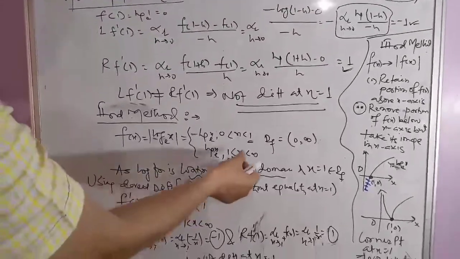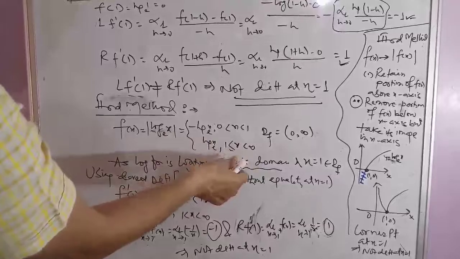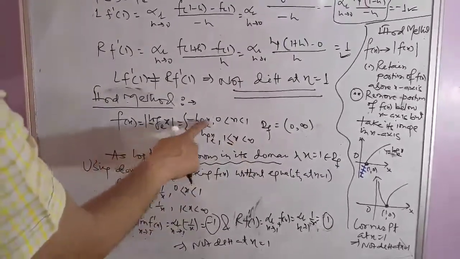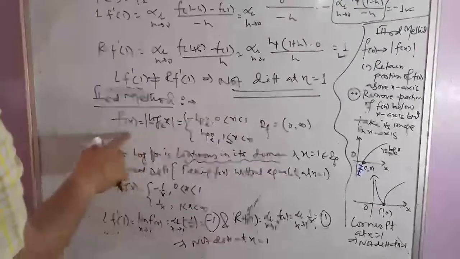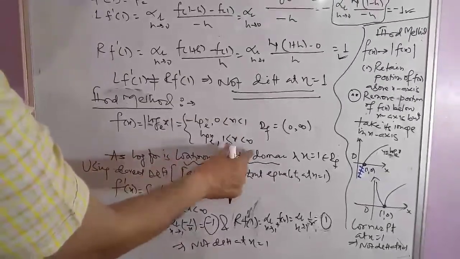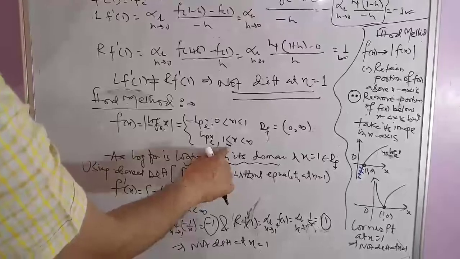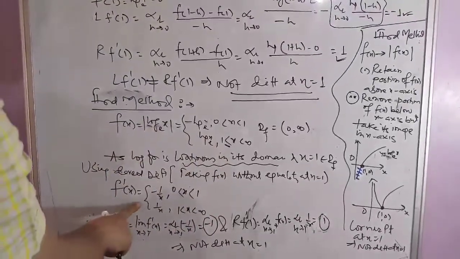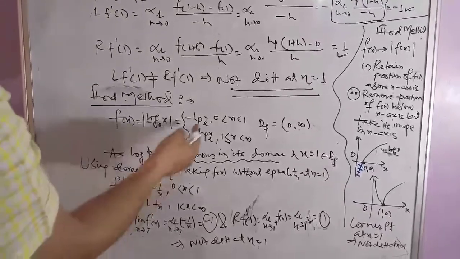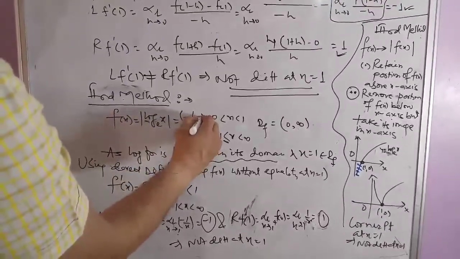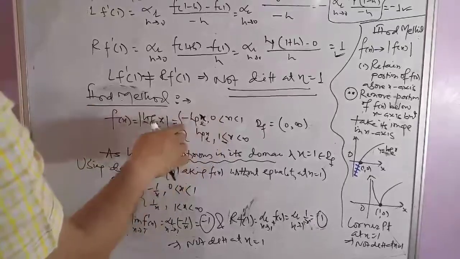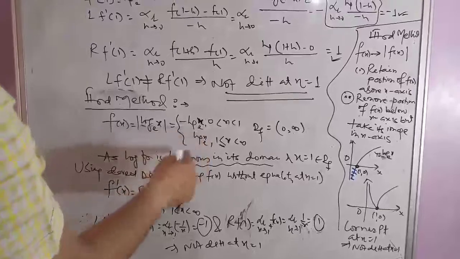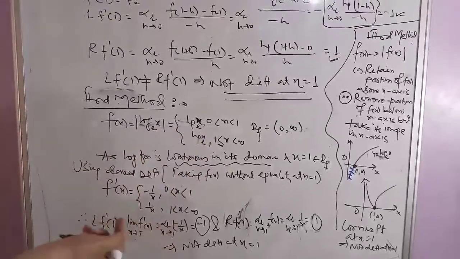First we remove the sign of equality from the change point. So f(x) equal to minus log x, x between 0 and 1, and f(x) equal to log x when x lies between 1 and infinity, without mod. Differentiating both the sides, f dash x, the differentiation of log x, standard result, is 1 by x. Here with the minus sign, so minus 1 by x for x between 0 and 1, and this is 1 by x for x greater than 1.